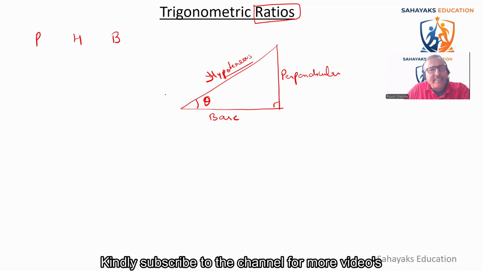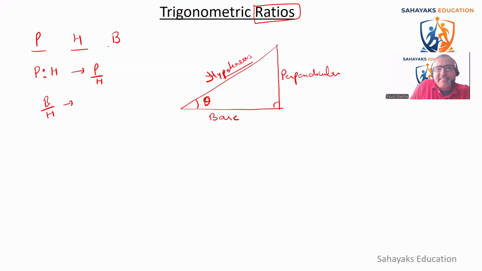Okay, so what they did is they gave some name to a ratio. Say the ratio between P and H, they gave a name. That means they gave a name for P by H. So this means perpendicular by hypotenuse, they gave a name. Then similarly for base by hypotenuse, they gave a name. So if I see what all ratios can be possible here. As I mentioned, there are three things, P, H, and B, right? So the ratios which can be made